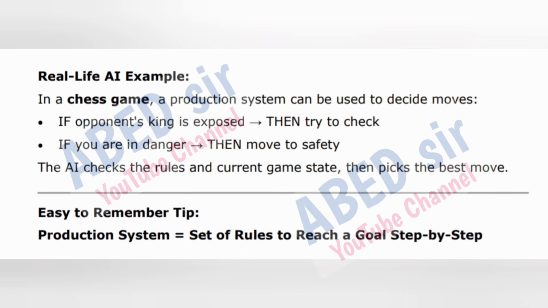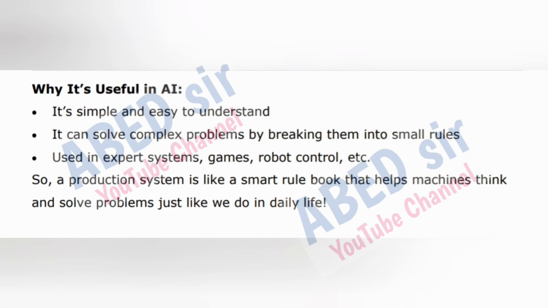Easy to remember tip. Production system is equal to set of rules to reach a goal step by step. Why it's useful in AI? It's simple and easy to understand. It can solve complex problems by breaking them into small rules. Used in expert systems, games, robot control, etc. So, a production system is like a smart rule book that helps machines think and solve problems just like we